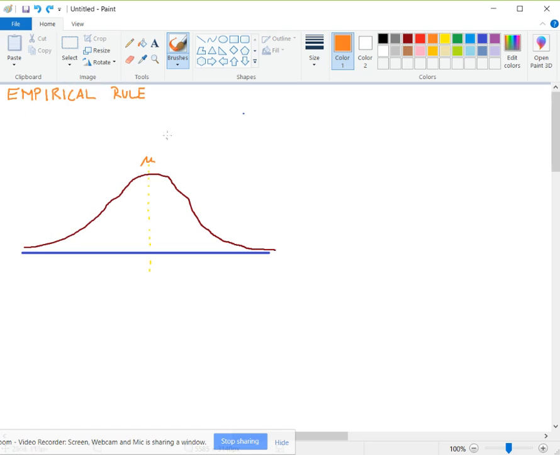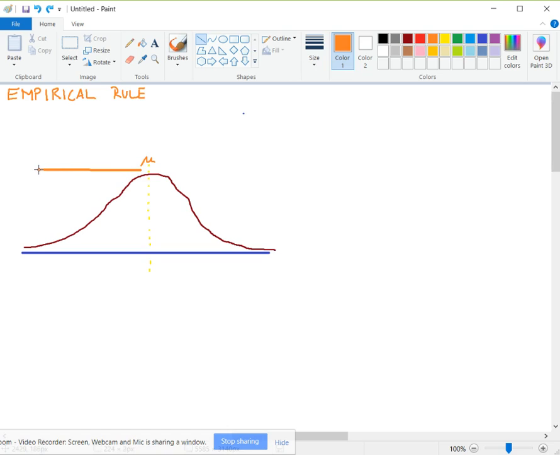Now, what the empirical rule tells us is that if I were to stretch a line from here to here, well, actually, let's do this differently. Let's do it this way. First off, let me start my timer. What the empirical rule states is that if I were to head in this direction a